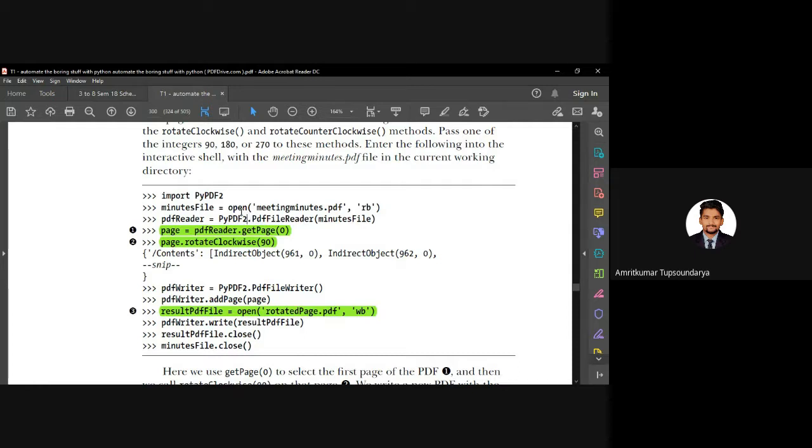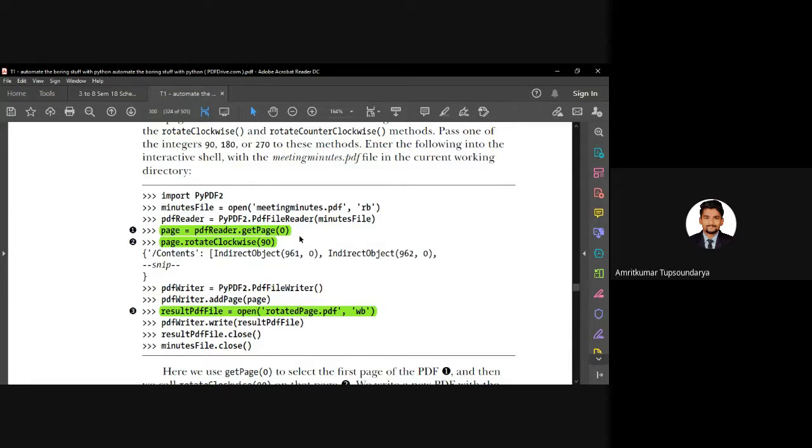Now we have to specify which page is to be rotated. Let's say if I have to rotate the first page, the value that I have to give here is getPage(0). Zero is nothing but our first page, like I've said before. getPage(0) is our first page. If I give getPage(1), it will be my second page, and so on.